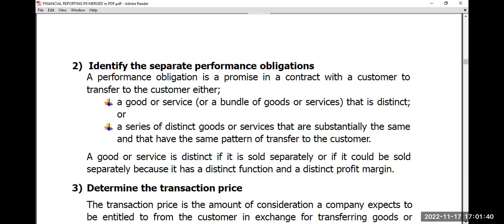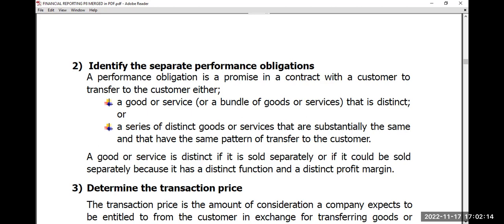You may find that the company has been providing security services on a continuous basis, for years and years. Maybe the company has been giving cleaning services, and those cleaning services are given out at the same amount over a given period of time. So it may be a series or it may be